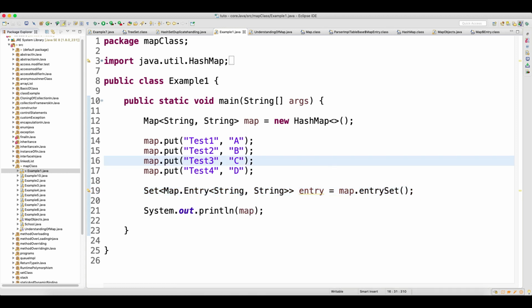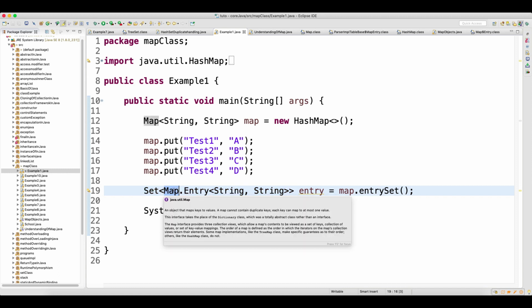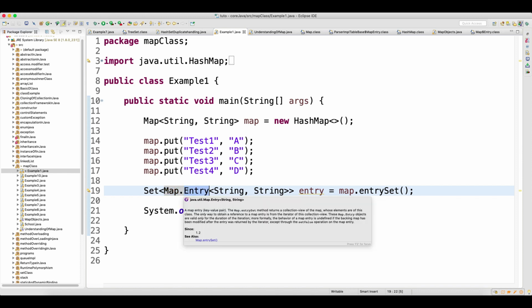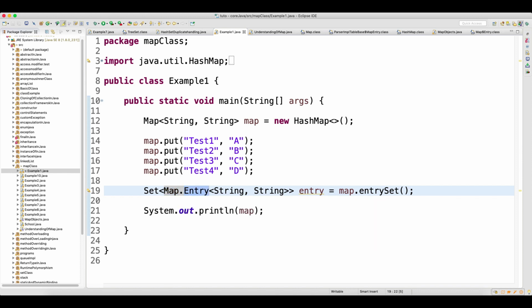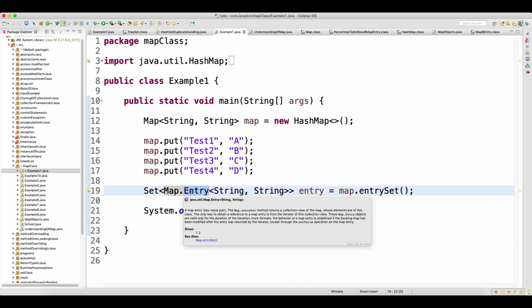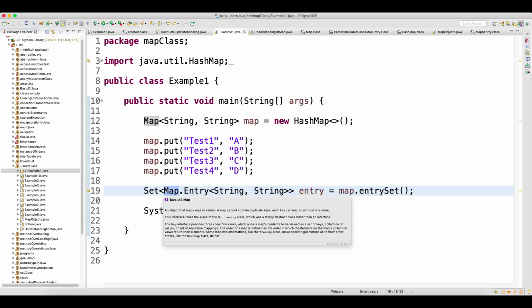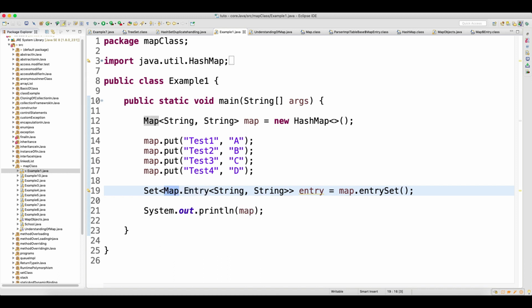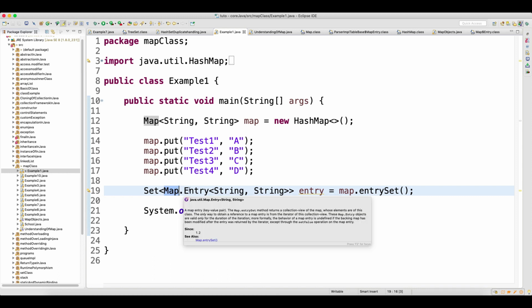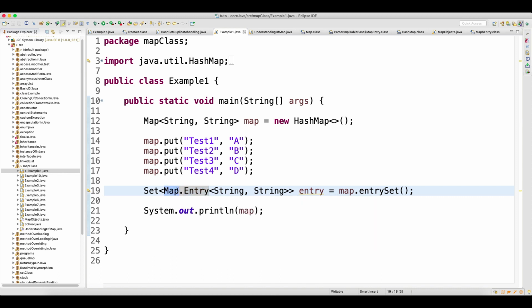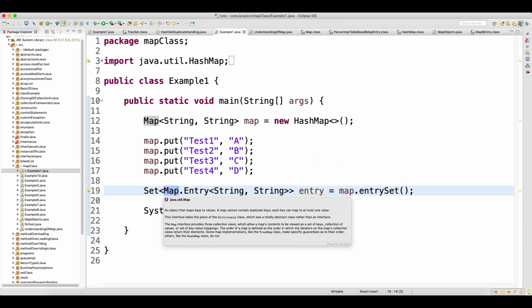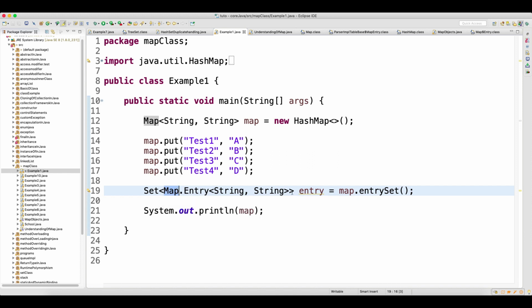Okay, so guys, sometimes people do write like this. I will show you also when these situations will come. Do not get confused by looking at this. Why Map.Entry? Because you don't have Entry inside, I mean, Entry is not a member of Map, but Entry is another interface which comes within the Map interface. So when someone writes Map.Entry, do not get confused, which means you are accessing the Entry on the reference of Map. That's it. That is the meaning of that, nothing else. Okay, now it is clear for you.